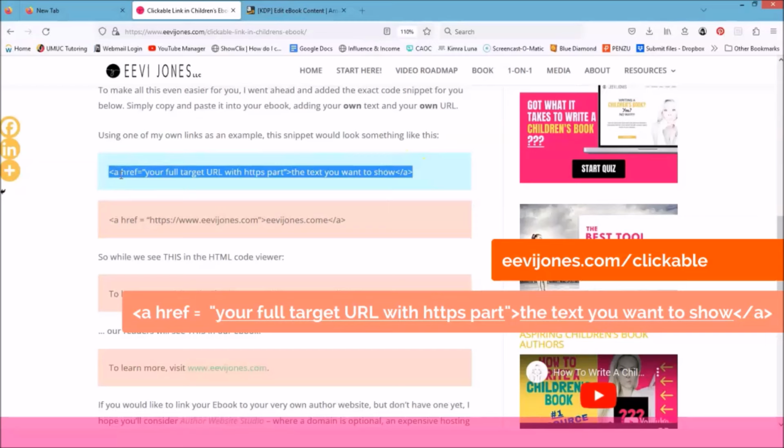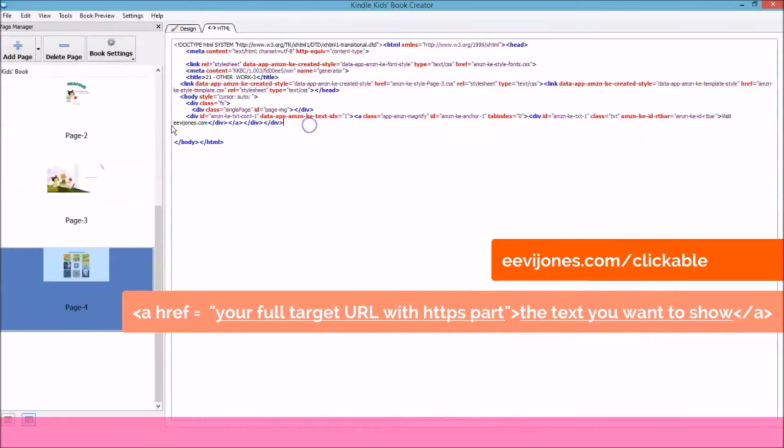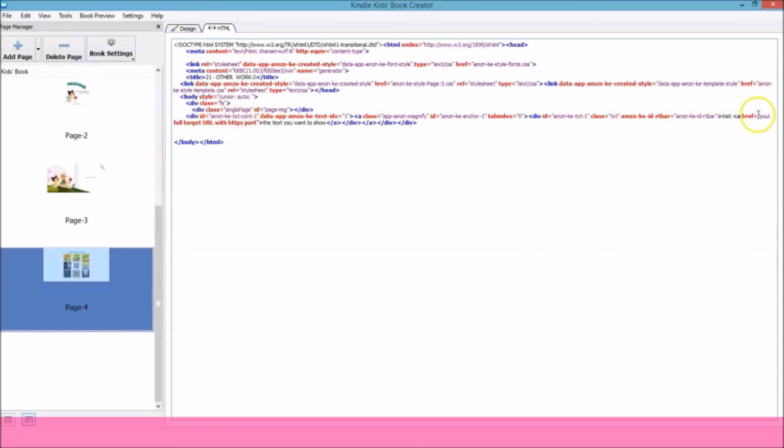So we can go ahead and copy this snippet right here, go back to our spot, and again, highlight or select the link that we want to make clickable, which in my case is eevijones.com. So we go ahead, copy and paste this in here. And now we want to replace the section right here that says your full target URL with HTTPS part right here. So within the quotation marks that we see right here, I select this text, and I enter my website,